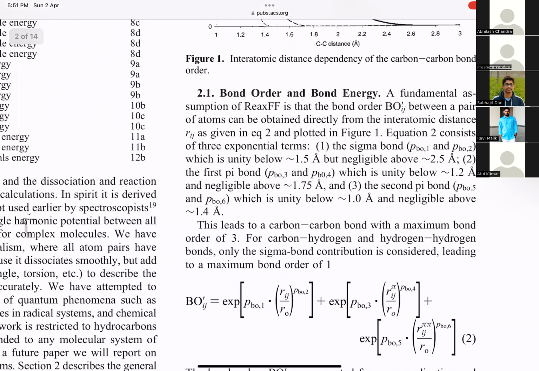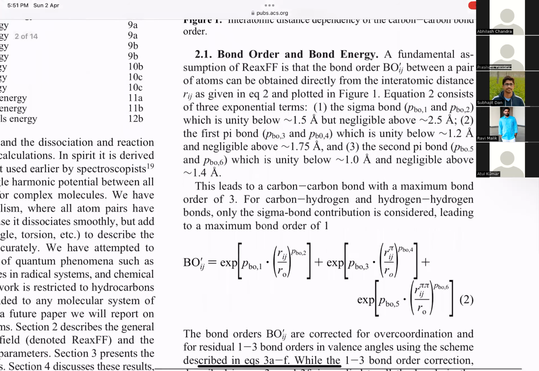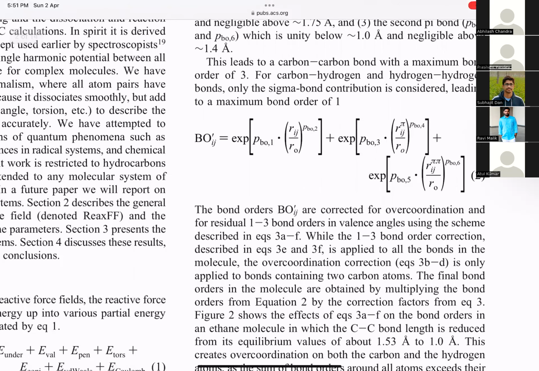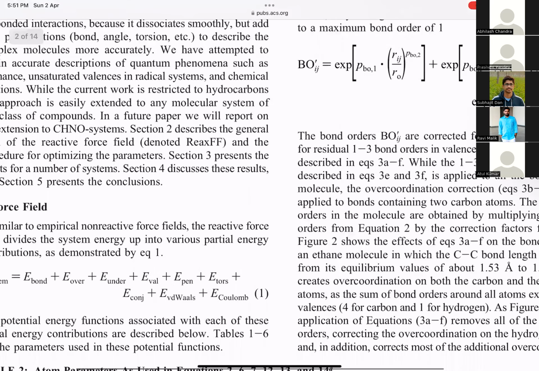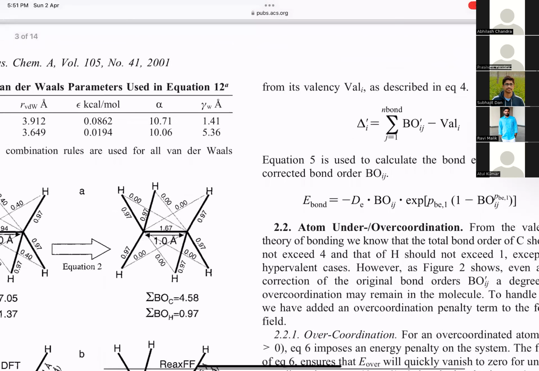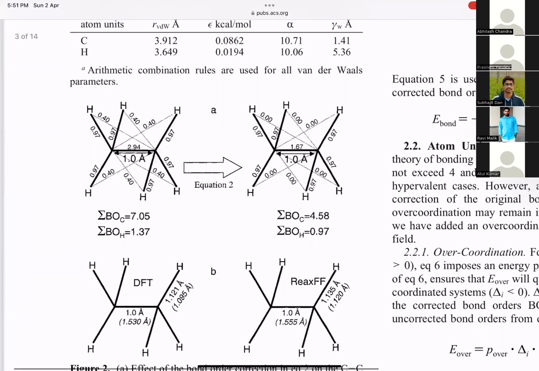So this was one advantage of using this reactive force field. Now it has several parameters; this was the first parameter, for your bonding. Then it can also overcount. How can it overcount? If you see here,